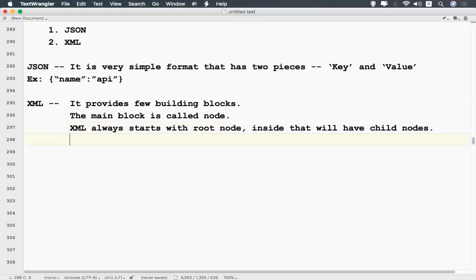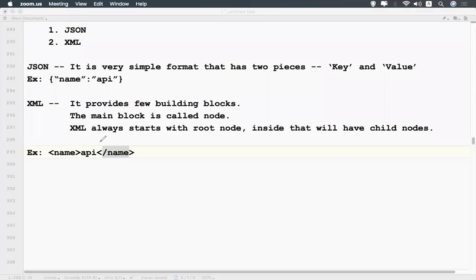Okay, if you take an example, you'll have something like this. I can say name API, then slash name. So this is the value, this is the node opening tag, and the slash name is called the node closing tag. In XML, we call this the opening tag, this the value, and this the closing tag.